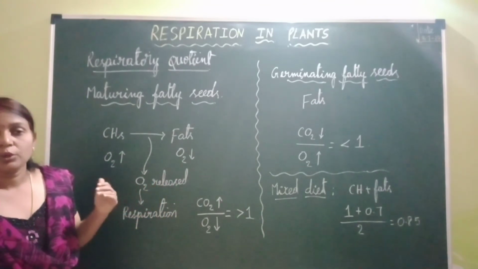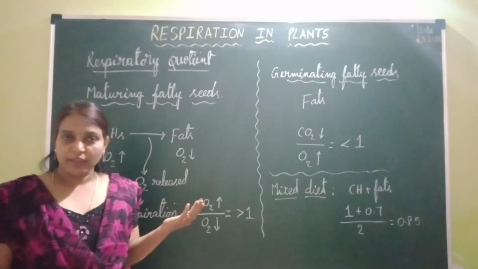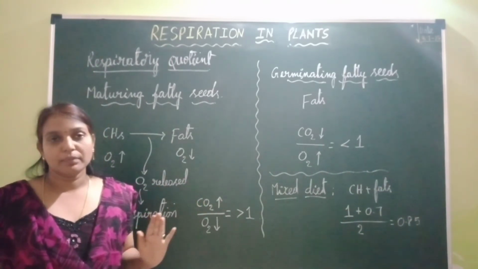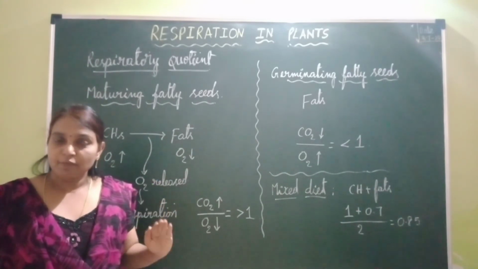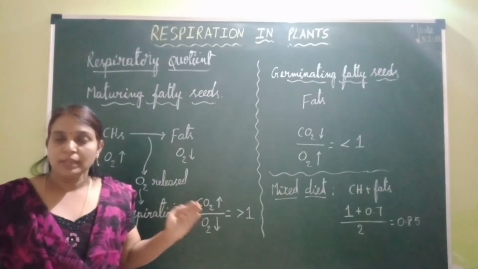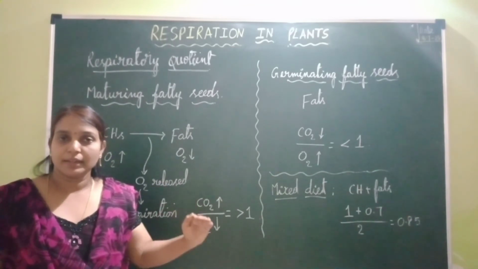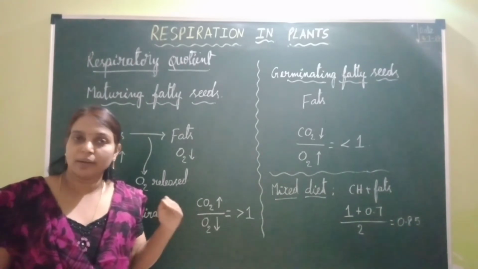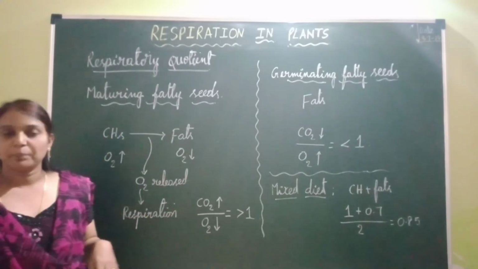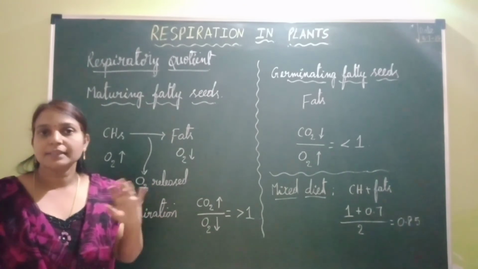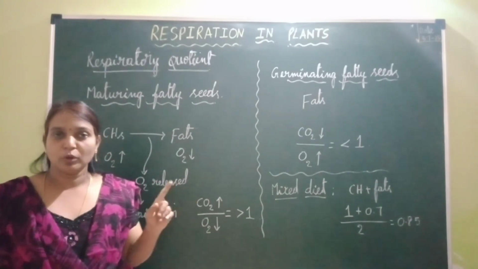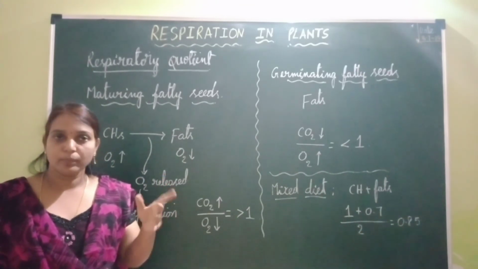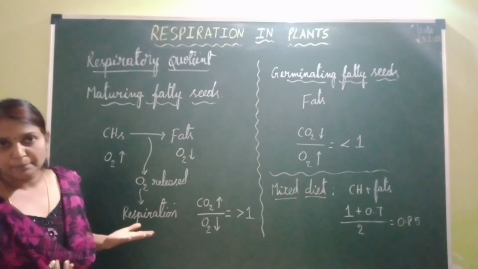Next coming to RQ value of CAM plants. In case of CAM plants, RQ value is 0 because there will be no release of carbon dioxide during night time, and if the carbon dioxide is released also, that carbon dioxide immediately after its release through the process of respiration will be fixed by the strong carbon dioxide fixing enzyme, that is PEPase, and hence carbon dioxide release is 0. So 0 carbon dioxide molecules by 3 oxygen molecules. Anything by 0 becomes 0. So RQ value of CAM plants is 0.